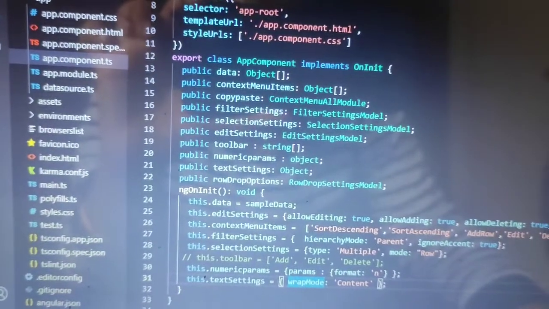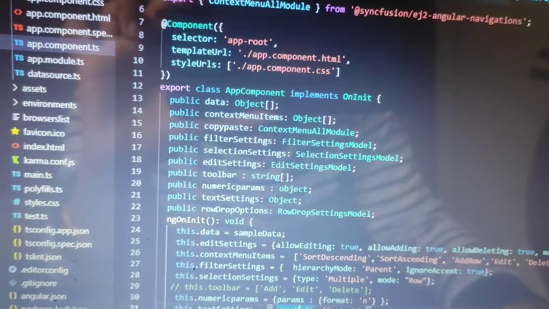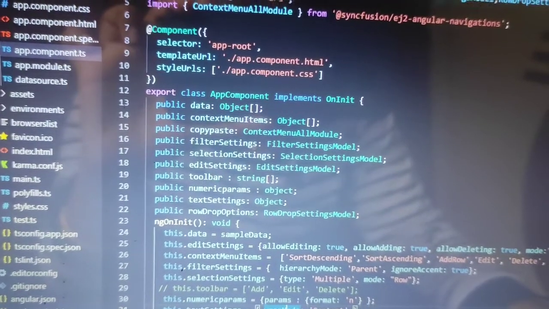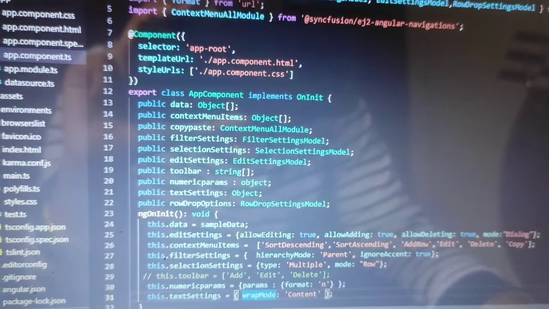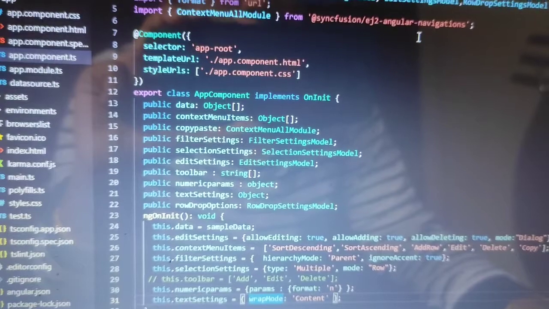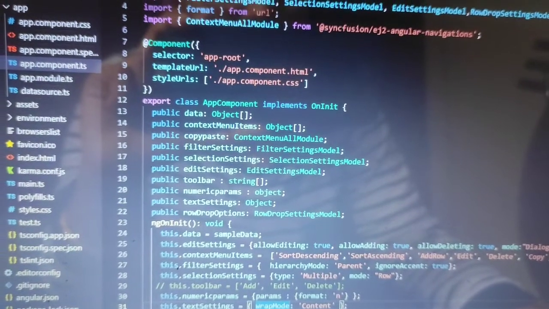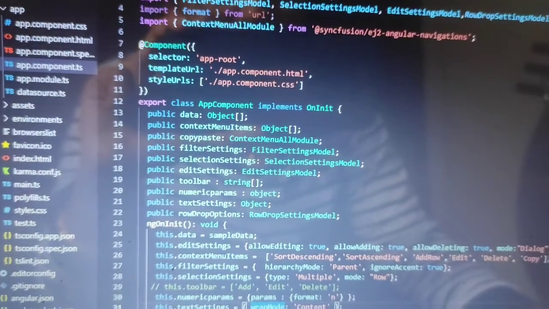Let's now discuss the app component.ts. So in this we have imported the columns sample data from the data source, and we have imported the filter setting model, selection setting model, edit setting model, and row drop setting model from the Syncfusion EJ2 tree grid module.